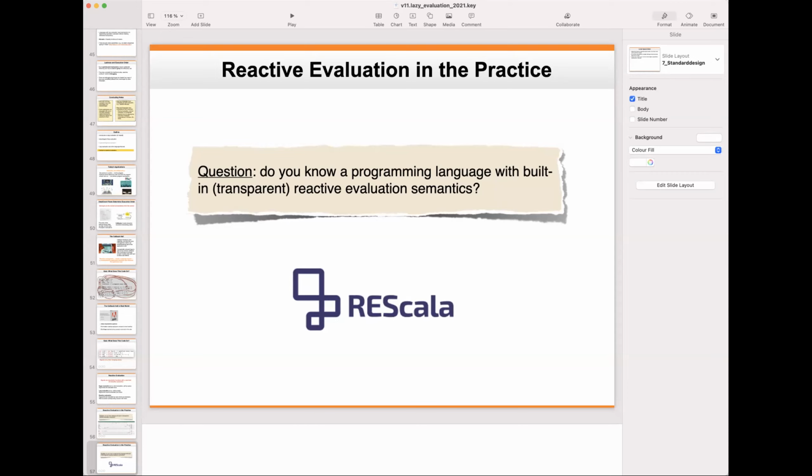Maybe a short organizational injection. The plan for the next lecture is that I will pre-record a video of a deep dive into ReScala, demonstrating on a short case study the features, how to implement, how to use it, what the advantages are, and so on. This will be a video so you can skip over